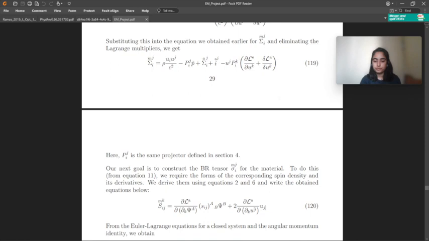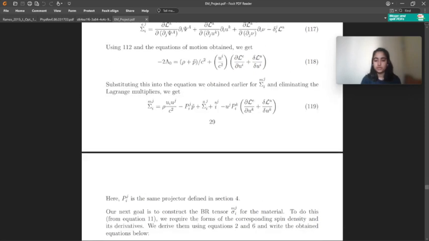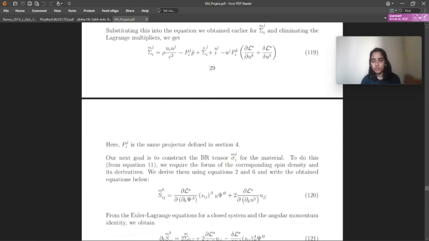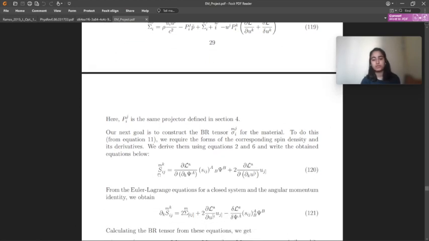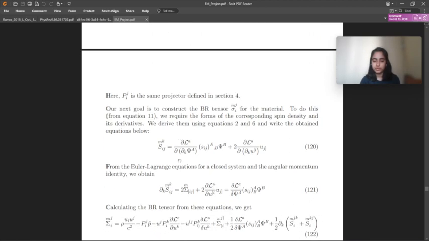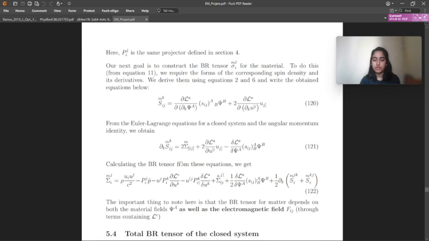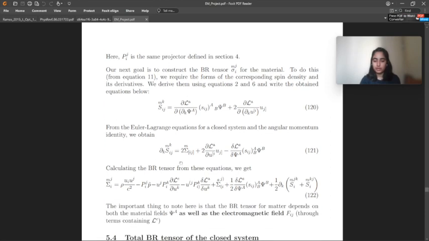And now we want to construct our BR tensor from this equation. To construct the BR tensor, we need to know the explicit form of the spin current density as well as its derivatives. And from section 2, we know how to do this. We just substitute it into the equations, and these are the forms we get for spin current density and its derivatives. And after a lot of math and its simplification, this is the final form we get for the BR